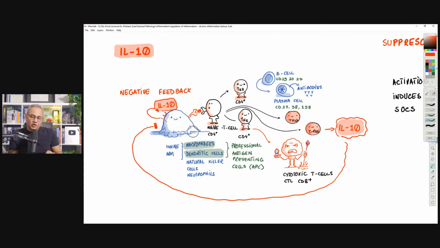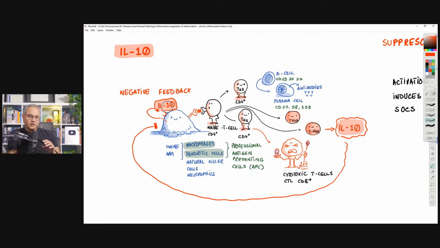This is like a robot. You turn the robot on, and the robot, when it is on, brings its hand to a button and turns itself off. So these cells do not just turn themselves off, but they regulate themselves. So interleukin 10 is actually released by the activated innate arm cells. And that release actually causes the same cells to become less active. That is a negative feedback mechanism. That is a regulatory mechanism, inhibitory mechanism.